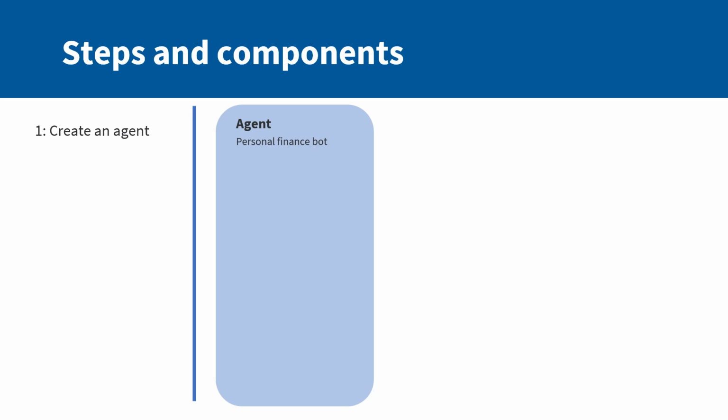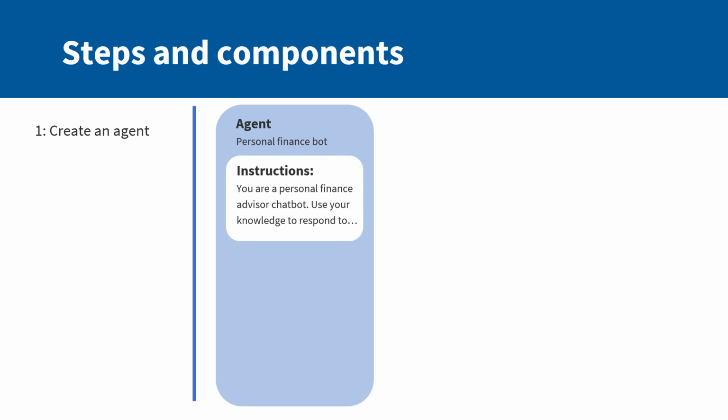So instructions define the agent's goals, behavior, and constraints. So I demonstrated that to you. And the model powers reasoning and language understanding. So you can actually view in Microsoft Learn all the list of Azure OpenAI and non-Microsoft models available for your agent. So when you created the agent in the portal, you saw me create a set of instructions. In this case, it's an AI travel assistant that will only answer questions about France. And then we gave it a model. In that case, it was GPT-4 Omni.